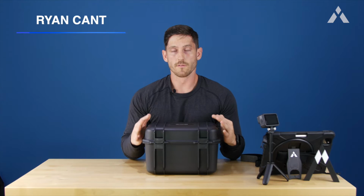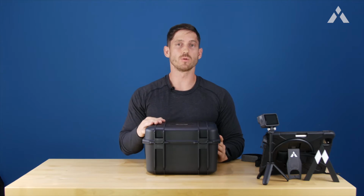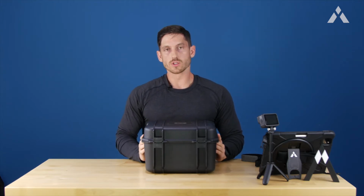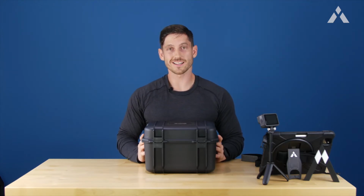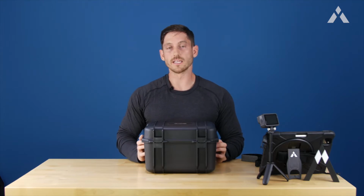DJI introduced 4 new payloads for the M300. They introduced the H20 series, which comes in an H20, an H20T, an L1, and a P1. They do also have compatibility with only a few M200 sensors, which include the X-T2 and the Z30. So unfortunately, your X5S and your X7 are no longer compatible, which were obviously an elite camera for those in